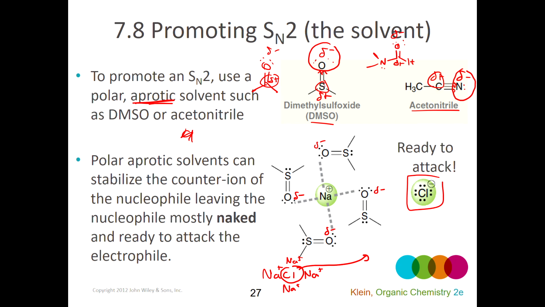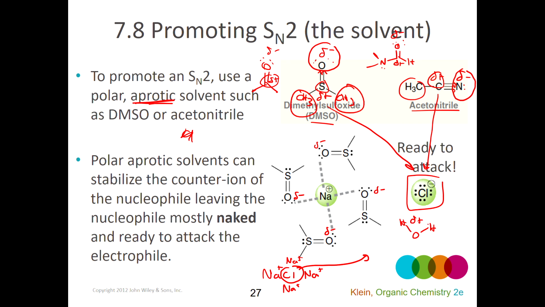And when carbon or sulfur carry a partial positive and they're surrounded by other groups that create a little steric hindrance, it's really hard for the partial positive of any one of these solvents to surround the nucleophile. Right? In order for this solvent to form a nice attraction to the nucleophile, it would have to come down in here and get this carbon next to the chloride. But this methyl group's kind of blocking it out a little bit. You know, if I brought the DMSO in there, I'd have to get sulfur kind of close here, but these methyl groups are blocking it out a little bit. It's not like water,